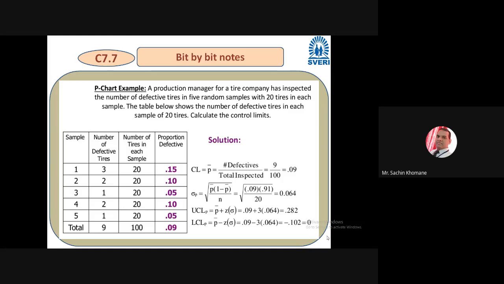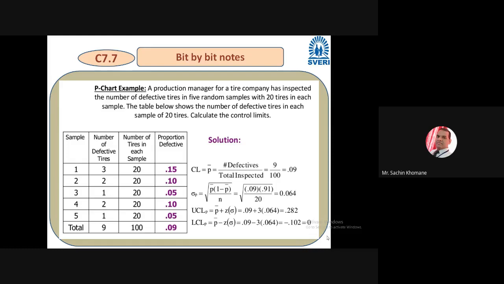In every control chart, you may have observed UCL, LCL, and CL. Only 3 terms are important. CL means control limit, the middle line, mean line, you can say. The upper control limit is always above the CL, and LCL is below the CL, right? That is common for all control charts. Just the formulas are different, depending on what you are calculating for the control chart. So you need to remember these formulas.